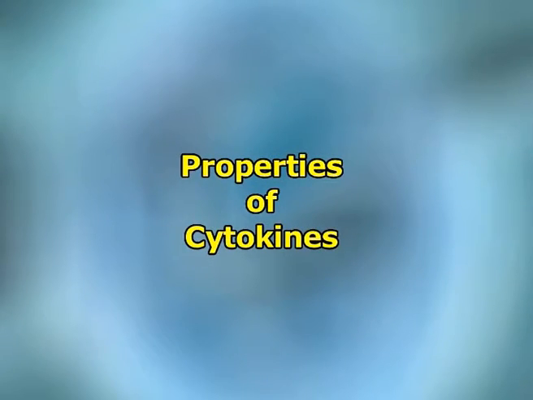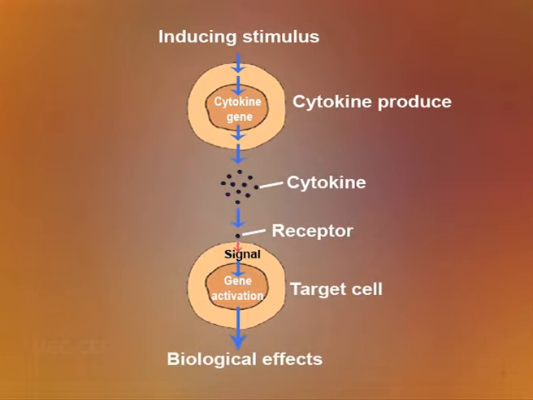Let us understand the properties of cytokines. Cytokines bind to specific receptors on the membrane of target cells, triggering signal transduction pathways that ultimately alter gene expression in the target cells. The susceptibility of the target cell to a particular cytokine is determined by the presence of specific membrane receptors. In general, the cytokines and their receptors exhibit very high affinity for each other with dissociation constants ranging